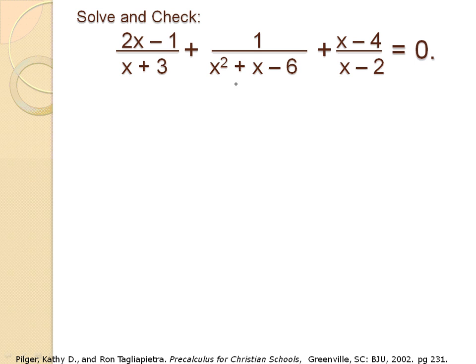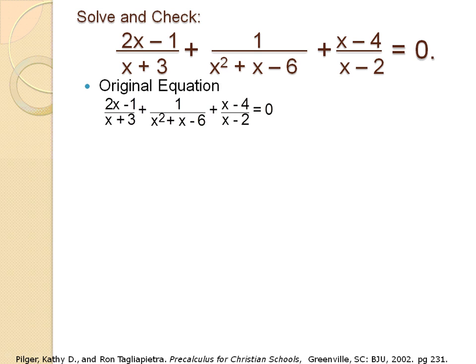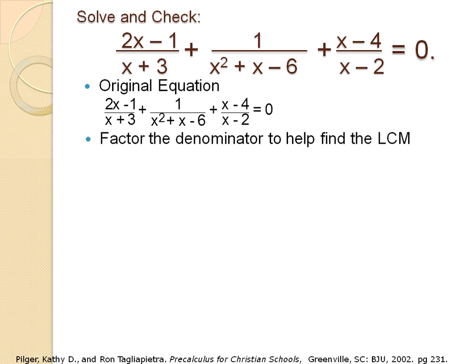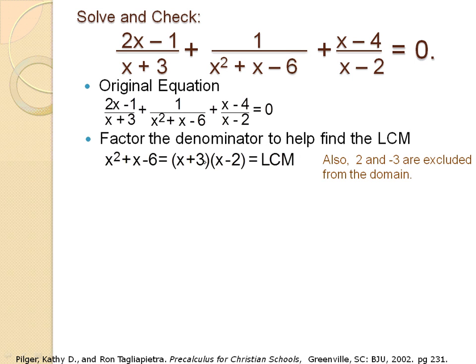So here we are with the original. We're going to factor the denominator, that middle one specifically, the other two are fine. And it factors to x plus 3 times x minus 2. So this had x plus 3, this had x plus 3 times x minus 2, and this had x minus 2. It doesn't always work out like this, but the factored part ends up being our least common multiple. Sometimes you'll have another term that has another factor, but here our least common multiple is x plus 3 times